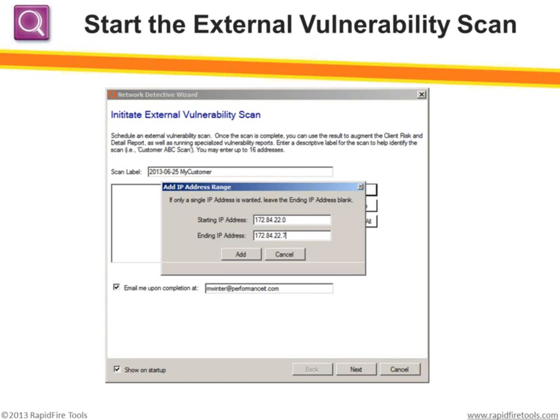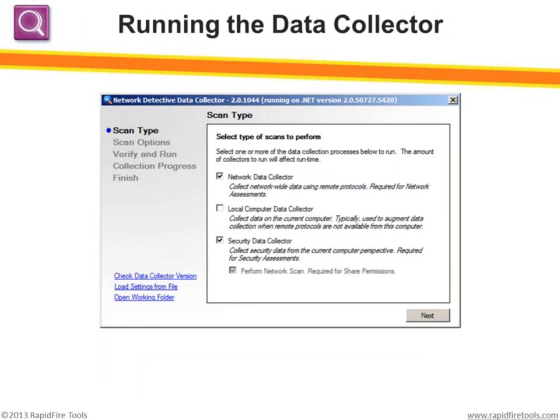Really simple to use. This is the Network Detective application. Basically, you initiate an external vulnerability scan. You enter either the set number of IP addresses, or you can even enter a range up to 16 IPs per report, and that's it. Let it do its thing. When you're on site,